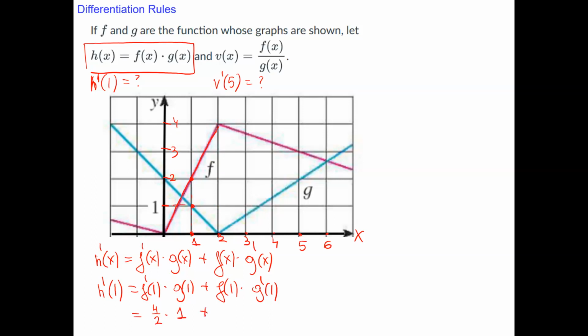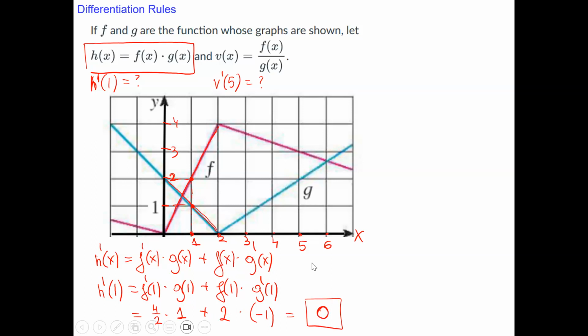The blue graph. Okay, f at 1 is 2. We can see this. F at 1 is 2. G prime at 1 will be the slope of this line, and it looks like negative 2 over 2, negative 1, slope. Okay, please remember slope. And maybe I can write the final answer: 2 minus 2, actually 0. If I'm not mistaking, 2 minus 2. Okay, and just a quick note for the product rule,